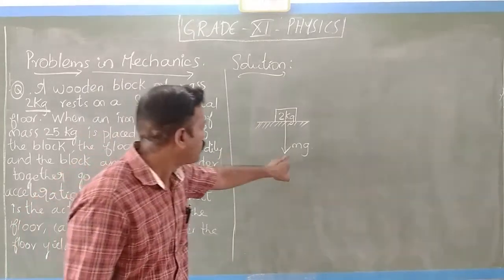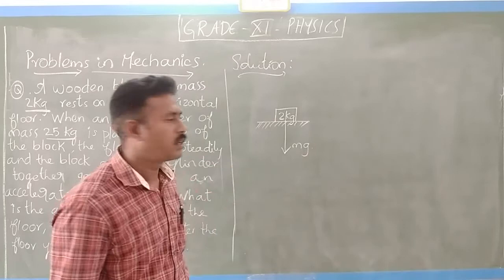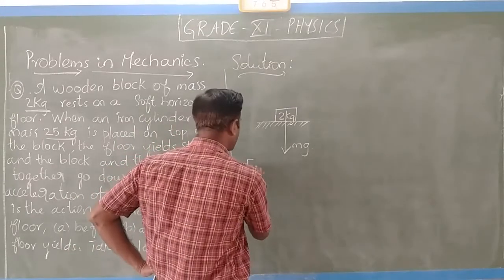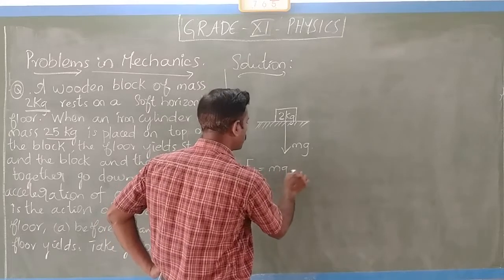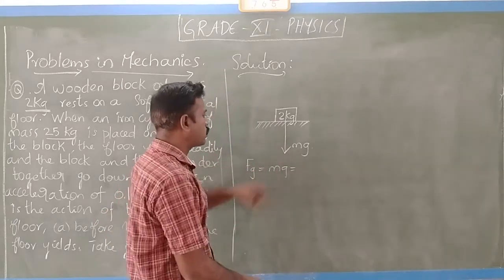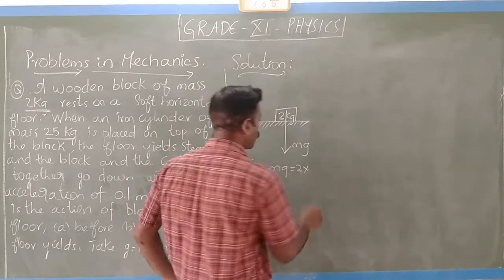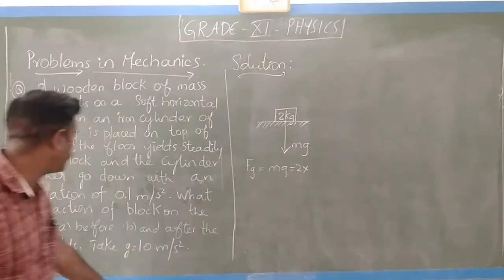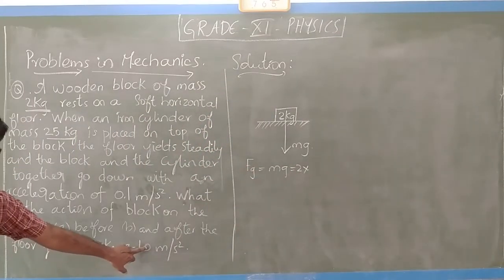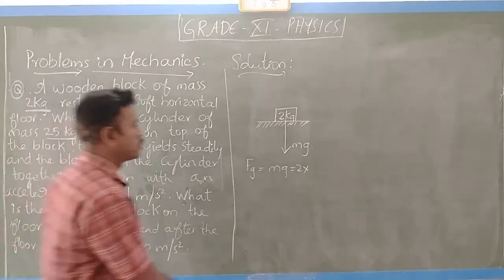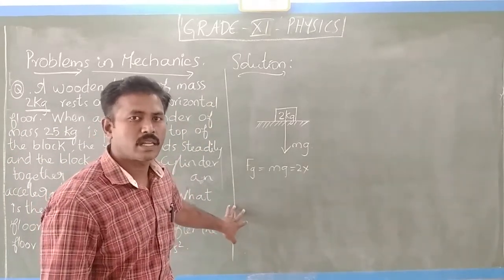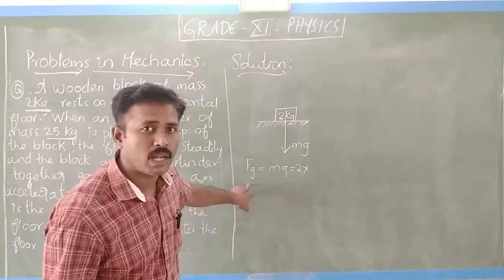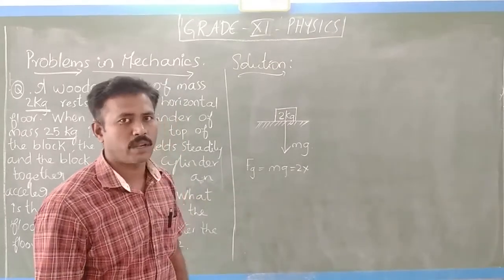Force is mass times the acceleration. What is the mass here? The force Fg is equal to mg, where the mass is 2 kg. What is the value of g here? Take g equal to 10. For calculation convenience, in certain problems they would have specified the value as 10 instead of 9.8.